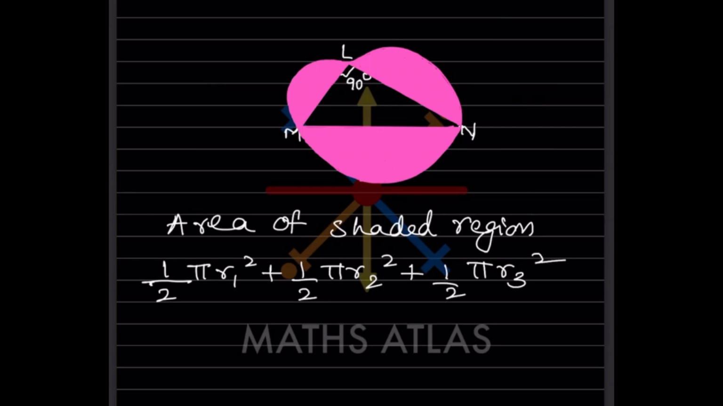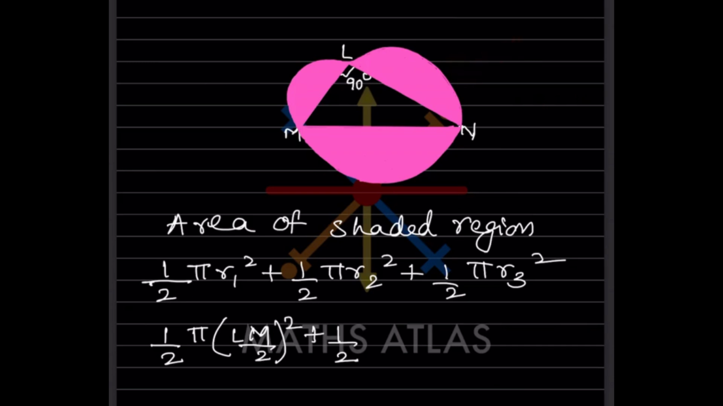So now what will you do here? Now you know r1, so we'll take this first one. LM, as I said, this is the diameter. So the radius is going to be half of the diameter. So we can write here pi, and r1 square means we can write here LM by 2, divided by 2, square, plus half. Same for this LN,